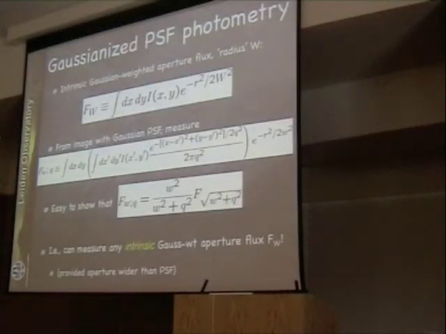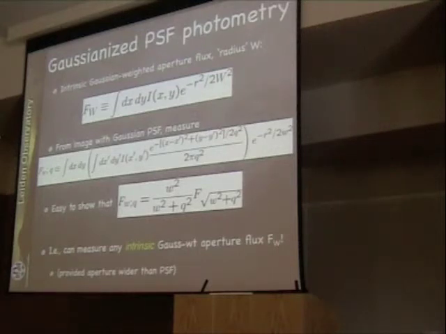If you have images taken with different seeings, doing aperture photometry on these faint sources is non-trivial. You have to make sure that you're measuring fluxes that correspond to the same part of your sources. One way that we've been exploring in Leiden is to try to standardize the images by making Gaussianized point spread function images. So if you imagine that you want to measure an intrinsic flux of a galaxy, this is an